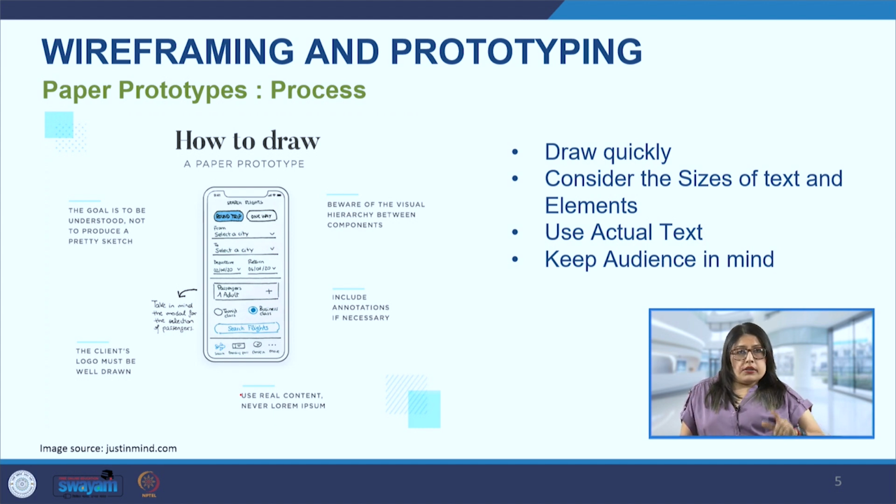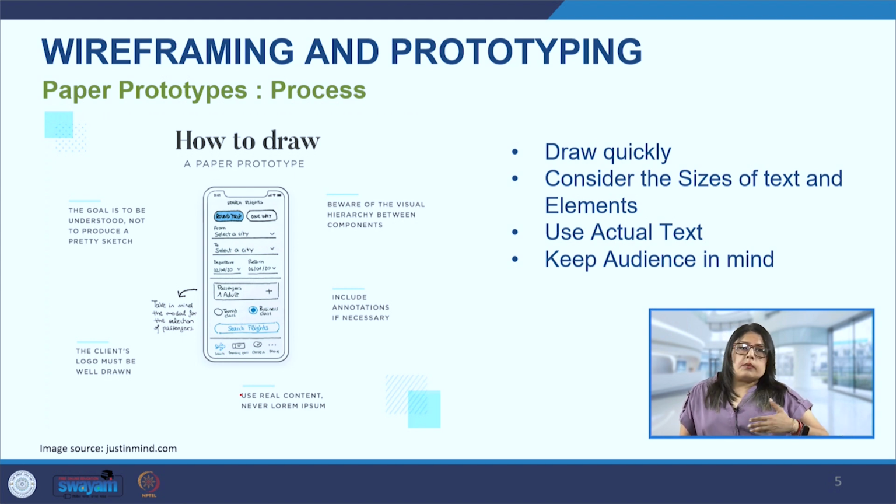Also, we can see in the diagram itself, few important points have been mentioned, that we have to maintain the visual hierarchy between the components. So we have discussed this, that how the hierarchy is important for the readability, that how we will go from, for example, say text which is much larger, and then we will go into smaller and smaller. So the headings are something which are very attractive even in newspapers when we read. So we read the heading, and if it is relevant for us, we'll read the rest of the content. So similarly here also, the hierarchy becomes important. Wherever required, we have to annotate the text as well.